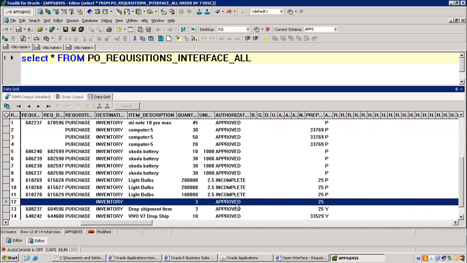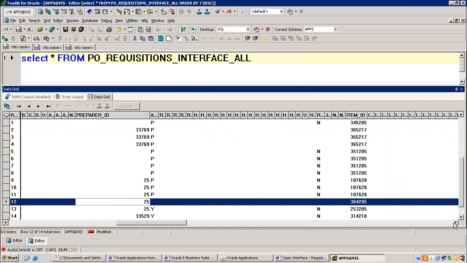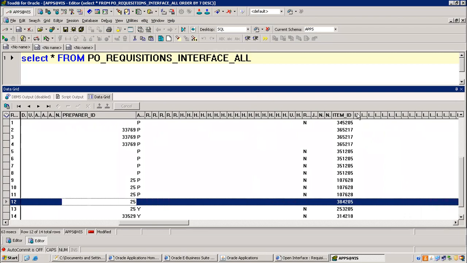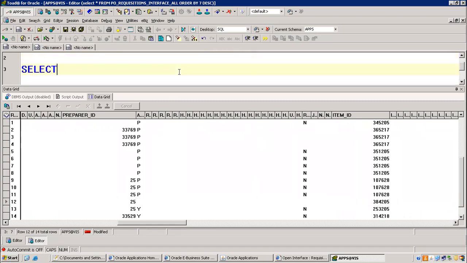Quantity. We have given 3 quantity, right? And it's approved already. And whoever is the preparer, we are mapping automatically through buyer ID, that is 25. And your item ID. If you want to make sure it's correct or not, check based on the item ID. The item table, you know, right? Select star from the system items B, where